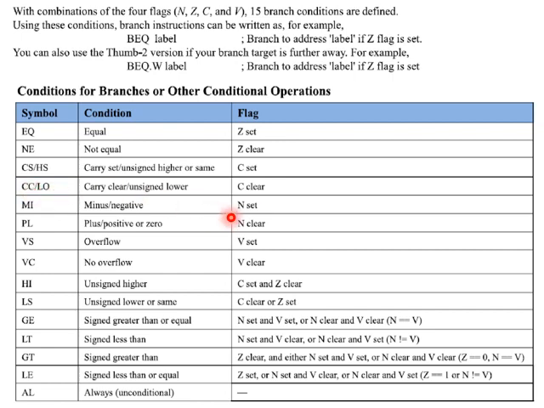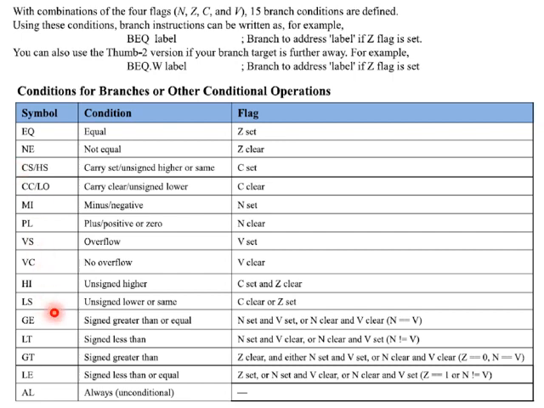Okay, so based on the N flag, we have minus or negative, one more is plus. Okay, then overflow flag, one is VS and VC, that is overflow flag set, overflow flag clear, or no overflow flag, zero. So there are certain conditions which depend on more than one flag, such as carry flag and zero flag for the condition higher value and lower value.